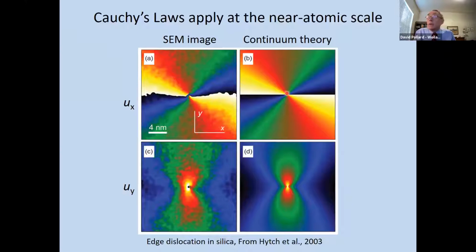And if you make a comparison between, for example, this frame on the right and this frame on the left, it turns out that agreement is good to a fraction of a nanometer. This is essentially a verification of Cauchy's laws at the near atomic scale. And I'm sure I don't need to remind you that these images, which are the displacement field around an edge dislocation in silica, is one of the primary defects in the crystal lattice and is responsible for the deformation that we observe, whether it's ductile deformation in a single mineral grain or deformation at a much larger scale. So this is basically a verification at this scale. Let's jump up